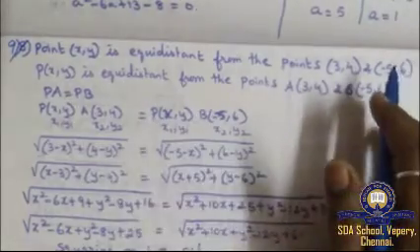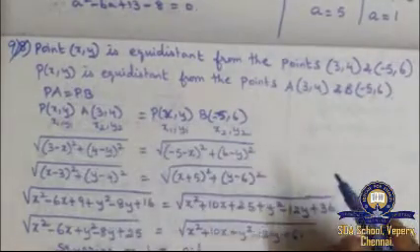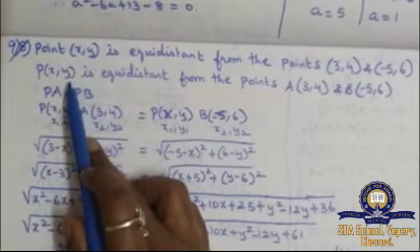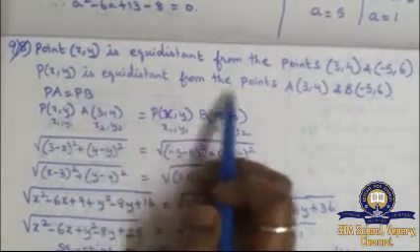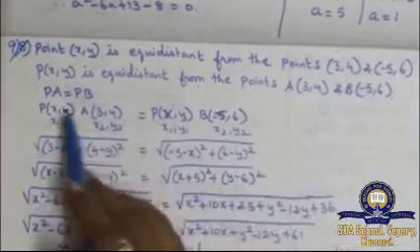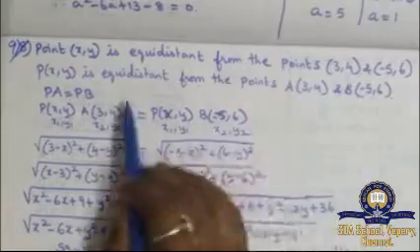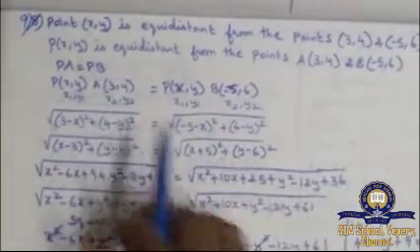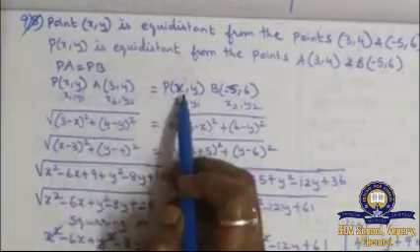So far we have got the values. Now we are going to find out the equation. So point is nothing but they didn't give anything. So I am taking as x comma y is equidistant. Equally distributed to the points. So PA and PB is equal. Equidistant means equal. I have took like that. PA is equal to PB.